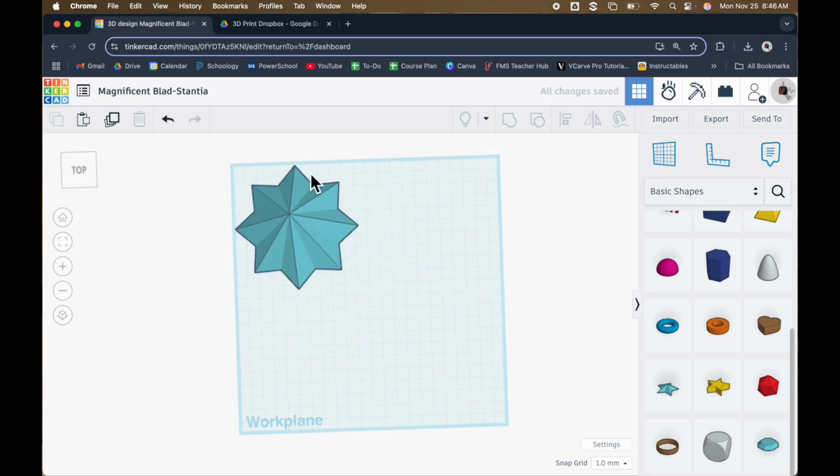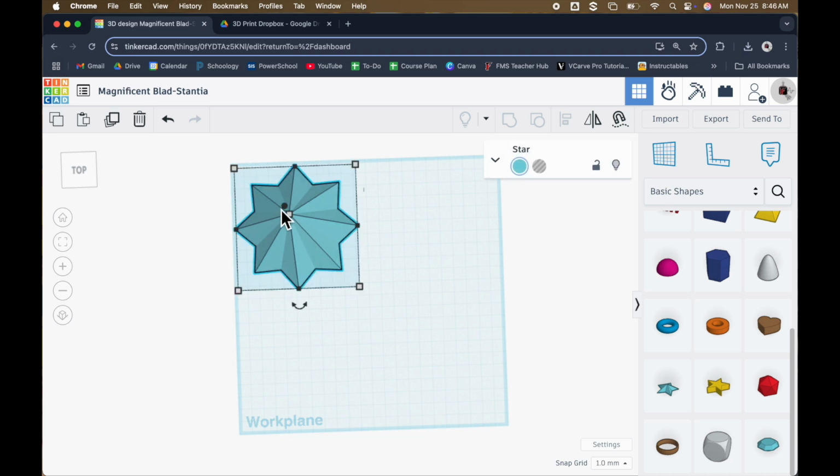All right. Now, what we need to do with our little fidget star is create a hole, and we need to make it a little bit smaller. This is going to be the tricky part of this project, so make sure you're paying very close attention. I will write these numbers up on the whiteboard up front, so if you forget what the numbers are, or you miss the step, then you can just simply look at the board. But I'm going to take this and I'm going to duplicate it. So I'm going to right click,